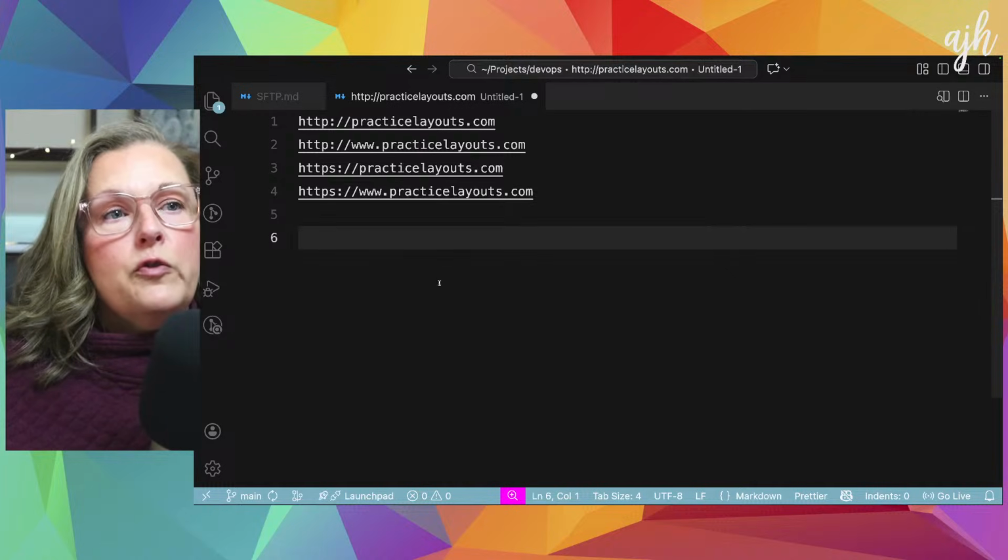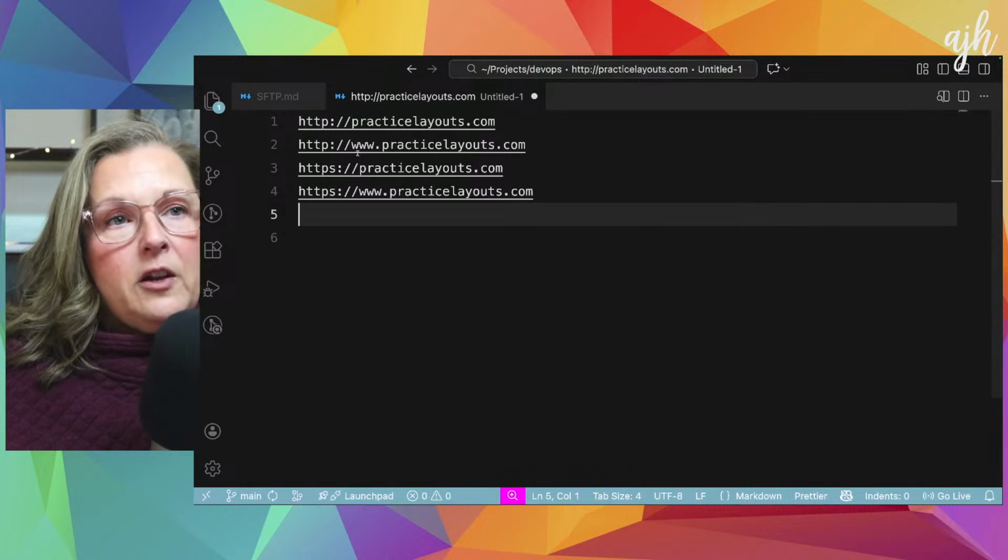So don't overlook the fact that people are going to come into the browser, and if you decide that